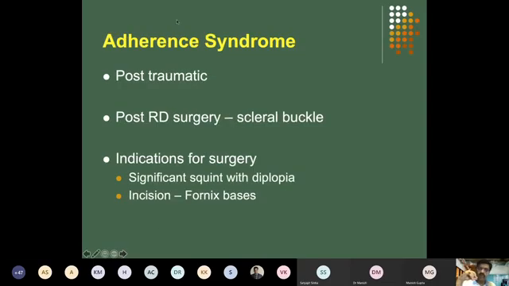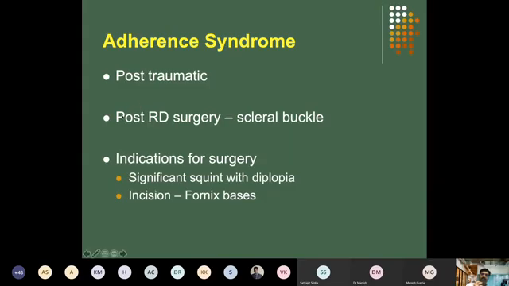Adherence syndrome, again, all these are common conditions. Whatever I'm mentioning, it is not that we don't see in clinic. We see these conditions on a regular basis in our clinic. And adherence syndrome may be due to a trauma which has led to injury of the extraocular muscle and adhesion of the conjunctiva with the extraocular muscle. That may lead to restrictive squint and